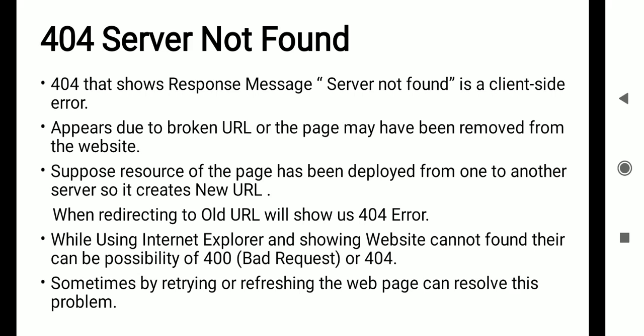Coming on to 404, that is the server not found error. This is also a client side error. It appears due to a broken URL, or the page may not be there or may have been removed from the website. Suppose the resource of the page has been moved from one server to another, so it creates a new URL. In this case, when you are redirecting to the old URL,